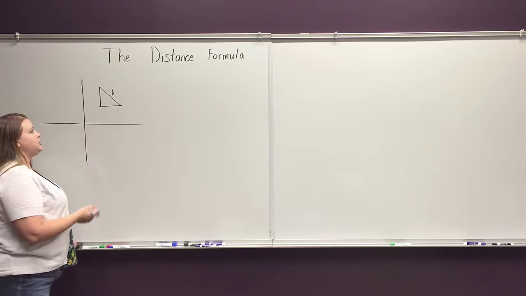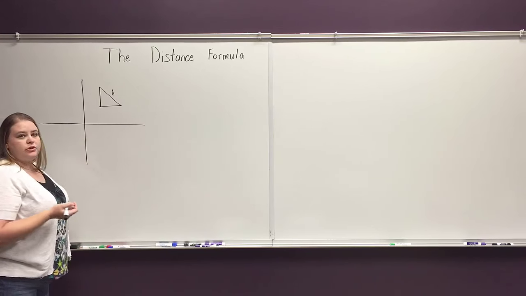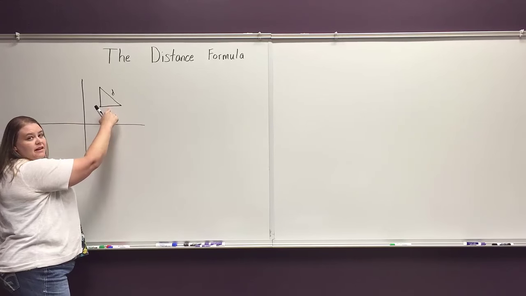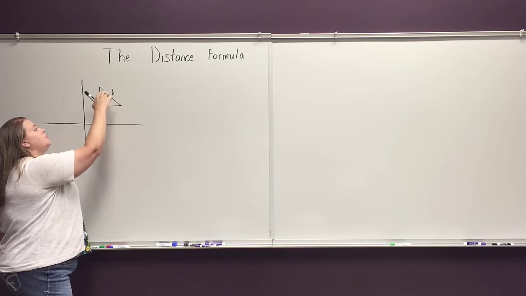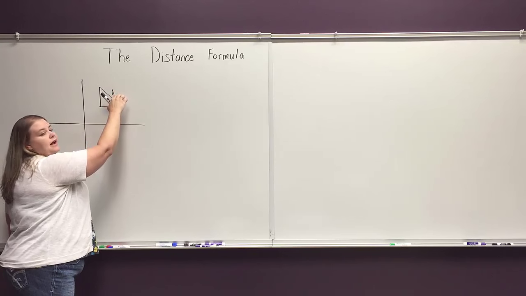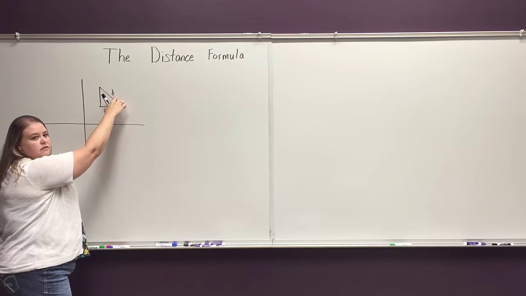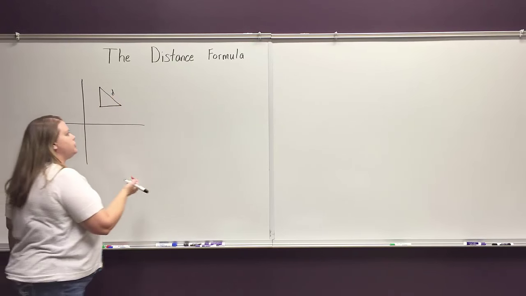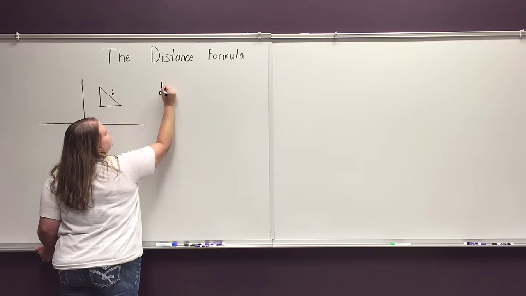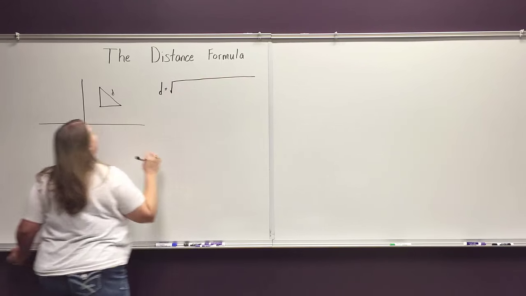So what we can do, notice that we have a triangle, a right triangle, and according to Pythagorean's theorem, then the length of this side squared, plus the length of this side squared, should equal the length of this side squared. Well, we don't want this distance squared, so we're going to have to take the square root to get it back to just the distance. And so that tells us then that our distance is going to be equal to the square root of this